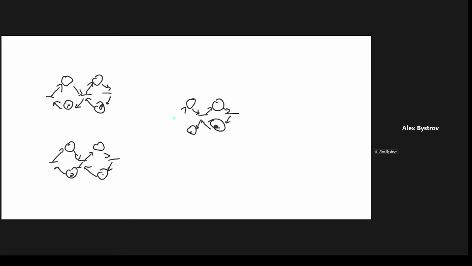Let me erase it and replace it with an equivalent system where this transition is split in halves. Instead of one transition, I will have two transitions. Either one or the other fires, and this token goes up. Does it make sense? So it is an equivalent transformation.